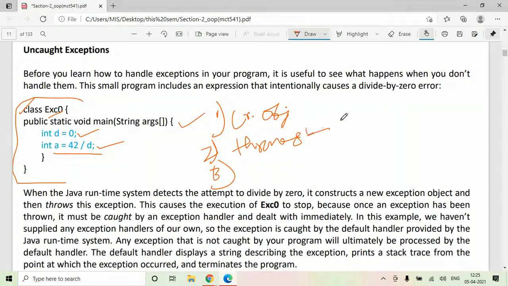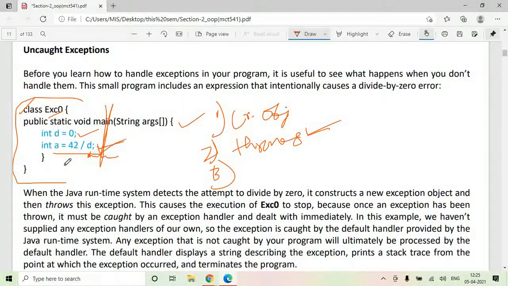When it throws this exception, it will cause your class to stop. What is the implication of throwing an exception? The normal execution of this class gets stopped, because once an exception has been thrown from here, it must be caught by an exception handler.